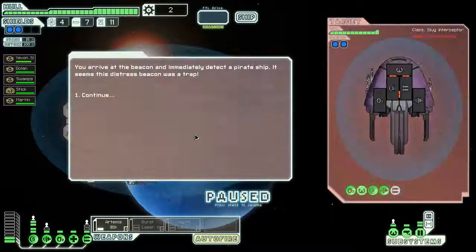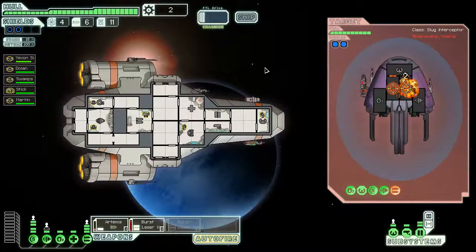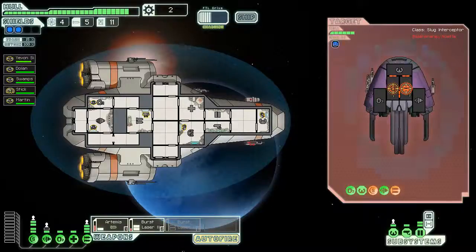What's this? Distress. Oh, hostile ship. Take out the weapons with the missile, then take out the shields with the lasers. Boom. Now I'm gonna have to attack the shields with my missiles, because they have got quite intensive shields like me. As you can see, they're trying to get out of here, and since they've still got a lot,